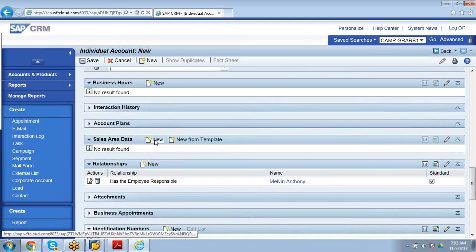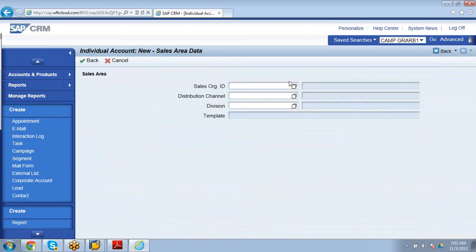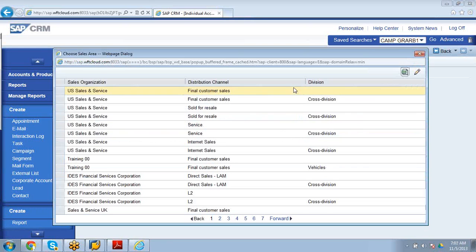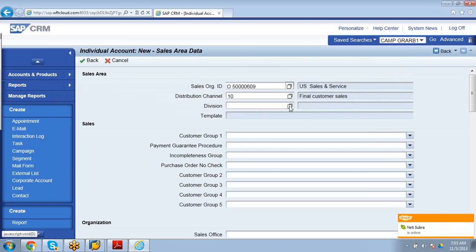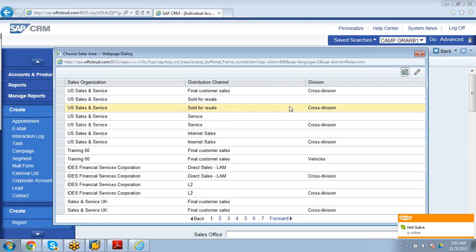Then we can add some sales area data. Sales area data means sales organization plus distribution channel plus division. This comes from the backend.